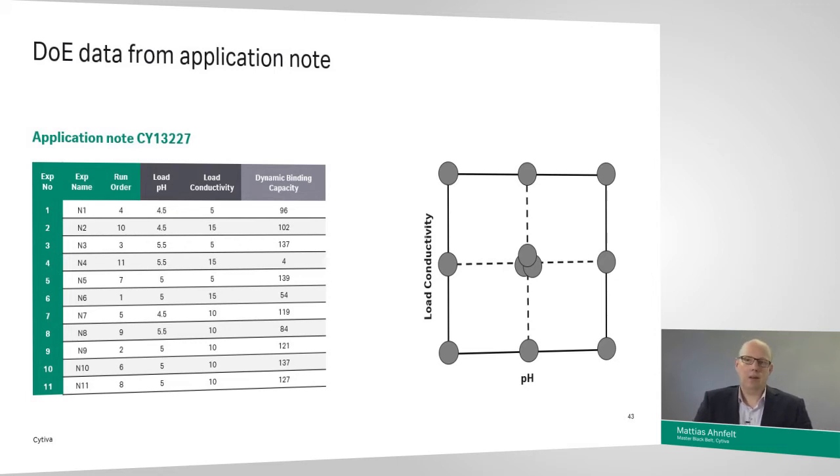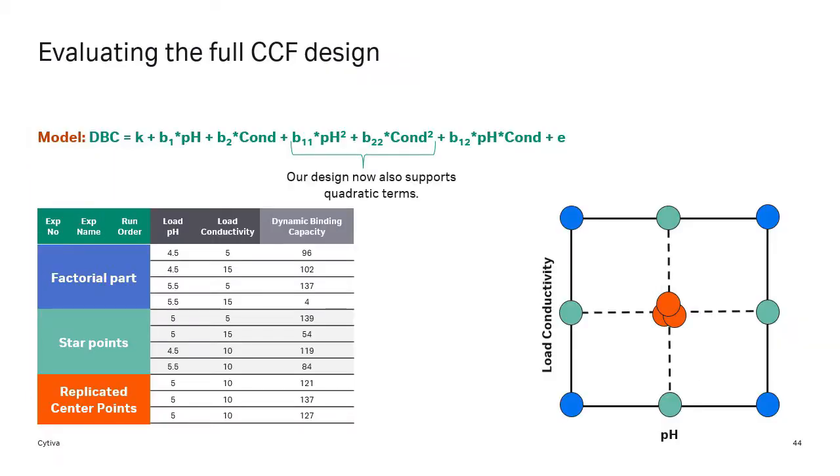So, reviewing again the application note data on the Capto S binding capacity optimization for the particular target protein that was evaluated there. We looked at how pH and load conductivity affected the dynamic binding capacity on the resin. This was performed by employing a full central composite phase-centered design, a design that supports linear terms, interaction terms, and second-degree curvature. In the previous part of the talk, we looked at how only looking at the corner points and the center points, so excluding the star points,